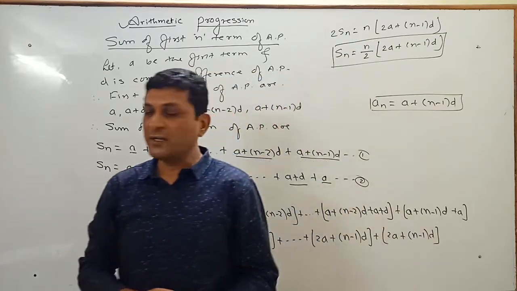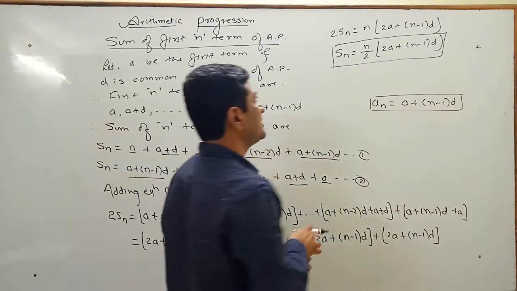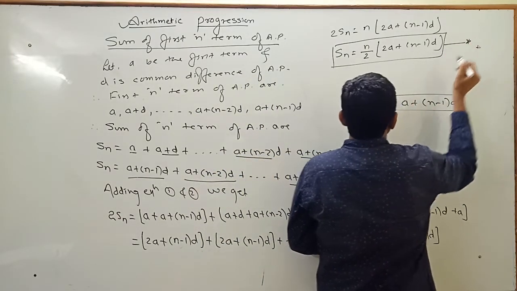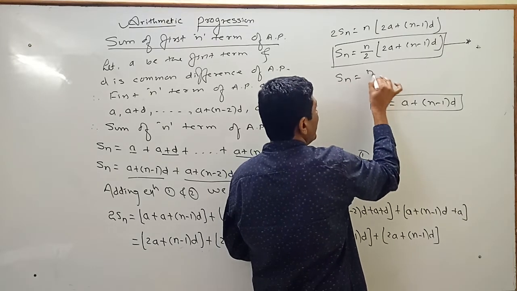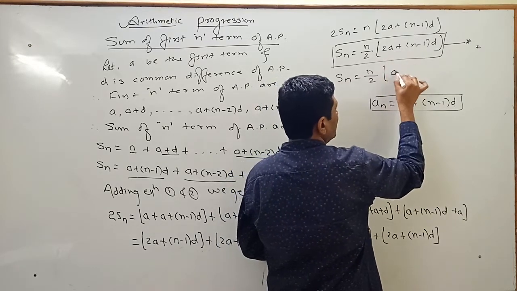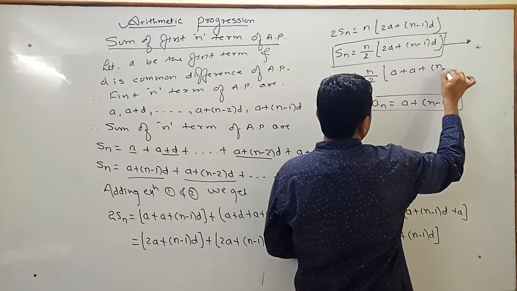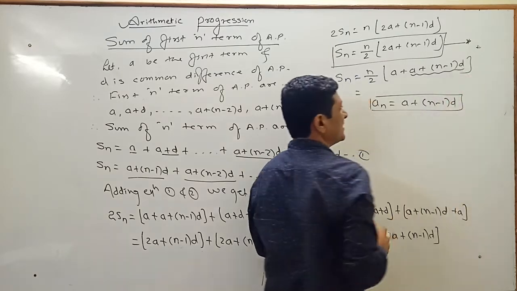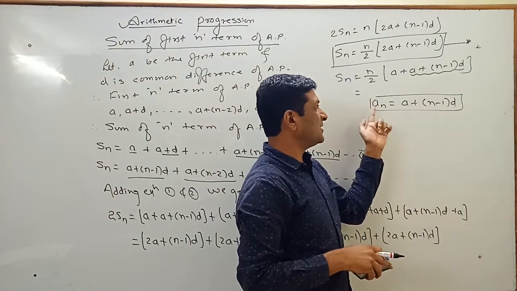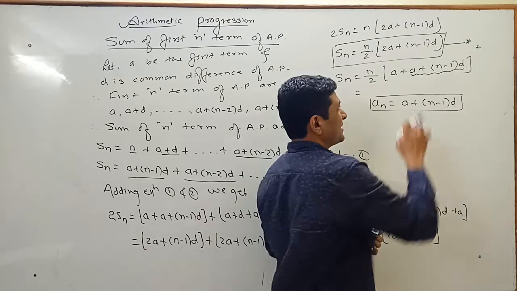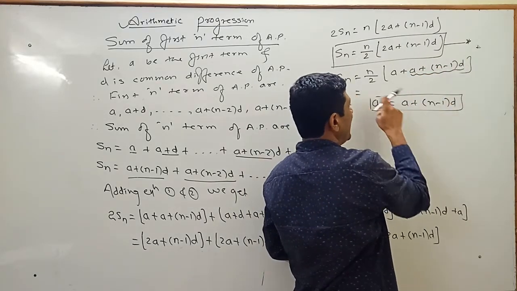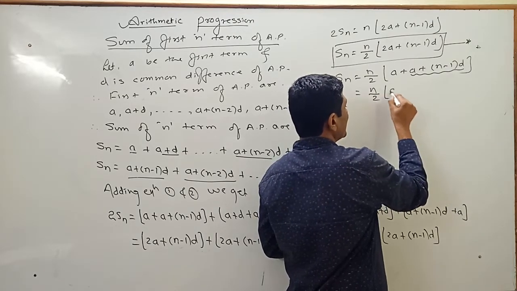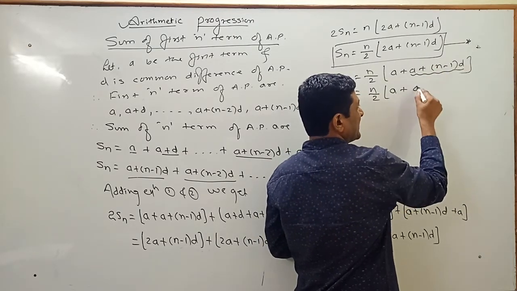Simplifying this formula, again we will get some more results. So observe this result here. Let us denote this as the first important result. Now Sn is equal to n by 2, keep it as it is, twice a can be written as a plus n minus 1 into d as it is. But a plus n minus 1 into d is nothing but what? The nth term. So we are replacing a plus n minus 1 into d by an. So what will we get here? N by 2 into a plus, this whole term can be replaced by an.